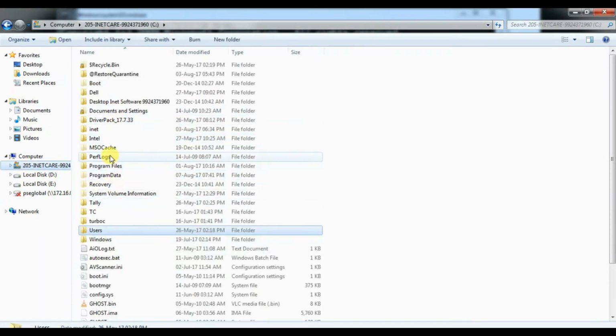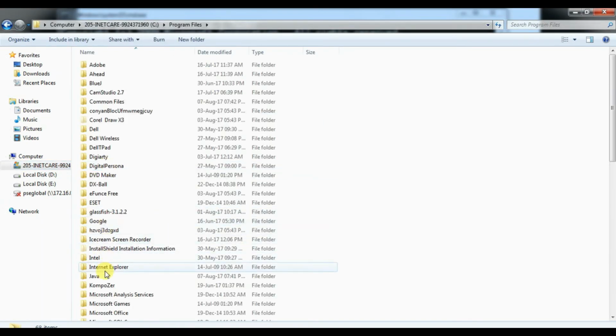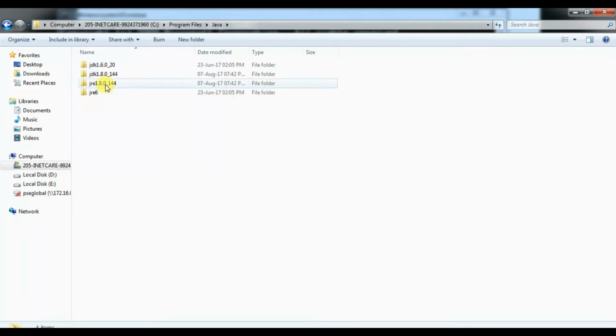In Program Files, there will be one folder, that is Java. After installing the JDK, one folder with the name Java is automatically created. There will be a JDK and JRE. As my device already had one JDK and JRE previously, right now as per our version there is one new folder with JDK and JRE. As I discussed, JDK contains JRE.